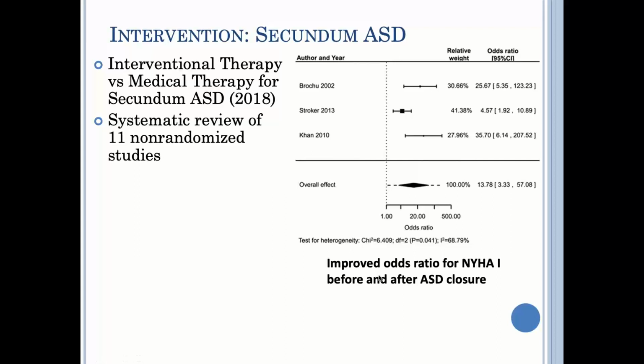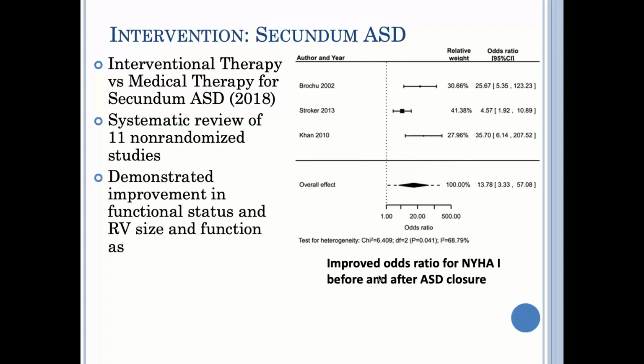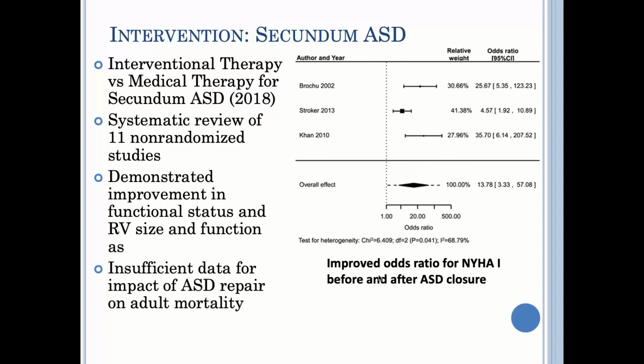In terms of evidence for this, there are really no clear or good quality randomized controlled trials that I could find, but there is a publication from 2018, an assessment of interventional therapies versus medical therapies for secundum ASDs. They did a pooled analysis of multiple cohort studies, and they did not have enough evidence to comment on mortality improvement in adults with ASD repair,